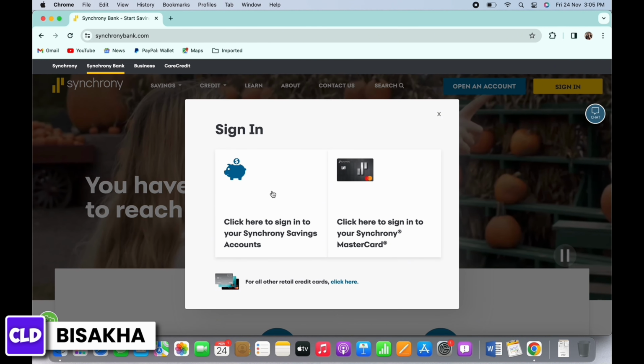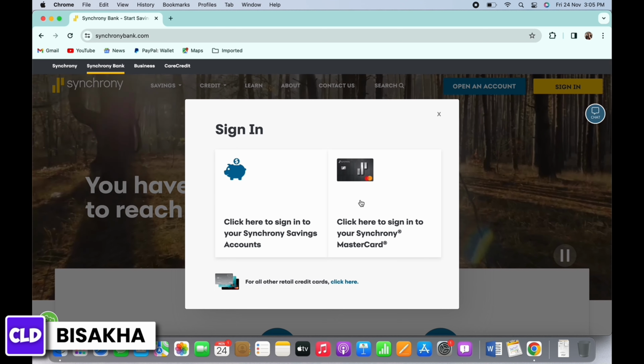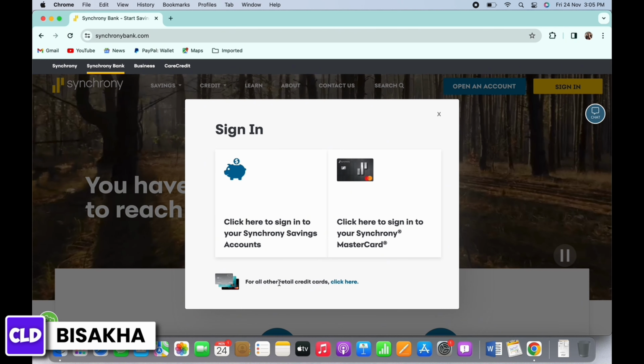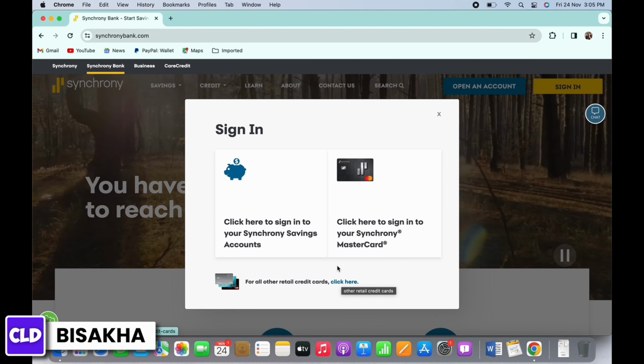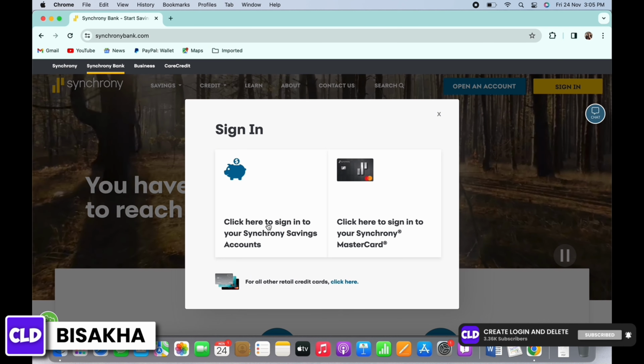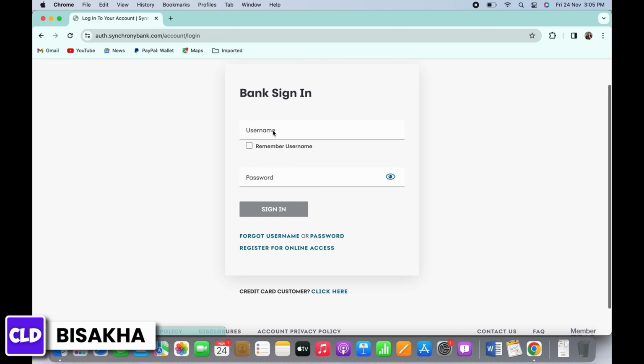You can choose to sign in to Synchrony savings account, or you can choose to sign in to your Synchrony MasterCard, or you can tap on the click here link in order to sign into other retail cards. So go ahead and choose the best suited option for you. You will now be asked to enter your username and password, so go ahead and enter that. You can also tap on the Remember Username option if you want the device to remember your username for future purpose. Now, tap on the Sign In button and with this you will be successfully signed in to Synchrony Bank